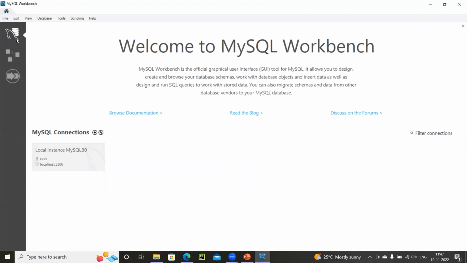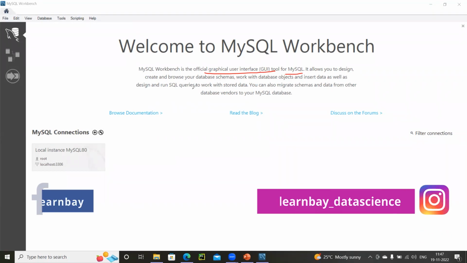So come back here, make sure this is selected, and you can find some details here. Workbench is the official GUI tool for MySQL. It allows you to design, create, and browse your schema, work with databases, insert data, as well as design and run queries.